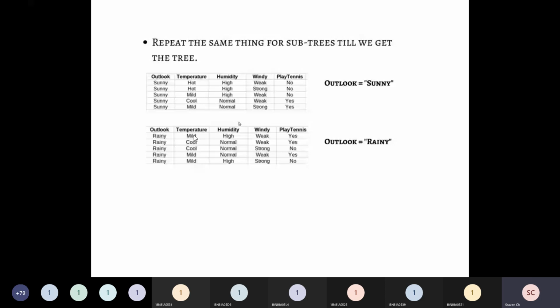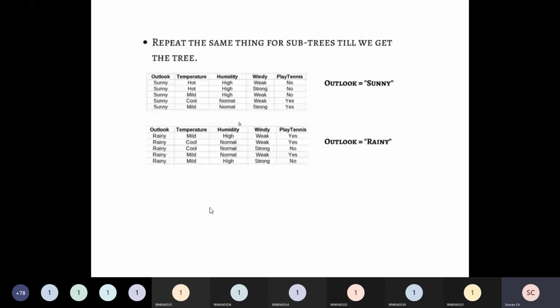So now my difficulty is, the root node is identified. Now the root node has 3 possible values: sunny, overcast, and rainy. For overcast, I have identified the leaf node as yes. So that problem is solved. But for sunny and rainy, I can't write the leaf node because I don't have all yes or all no values, right? All should be positive examples or all should be negative examples to make it a leaf node. But for sunny and rainy, if you observe here, I don't have such a facility, so I can't write any leaf node there. Some other node should come.